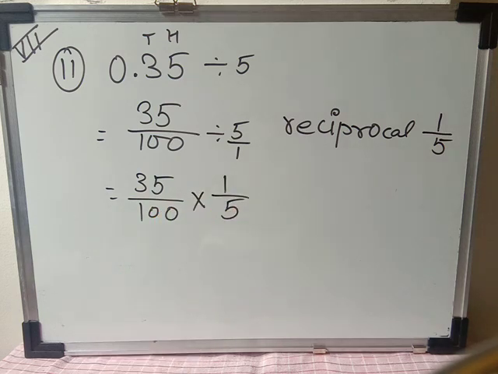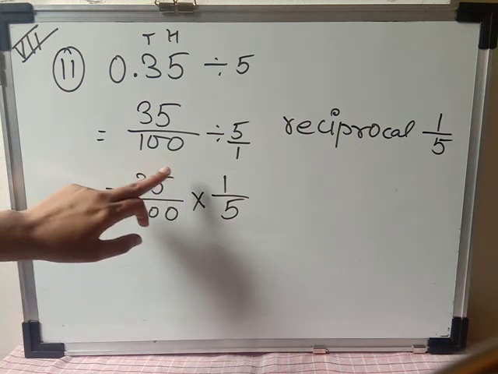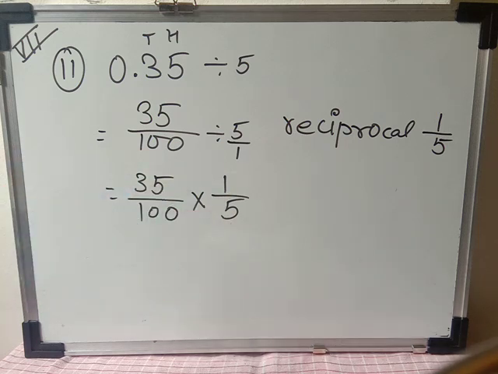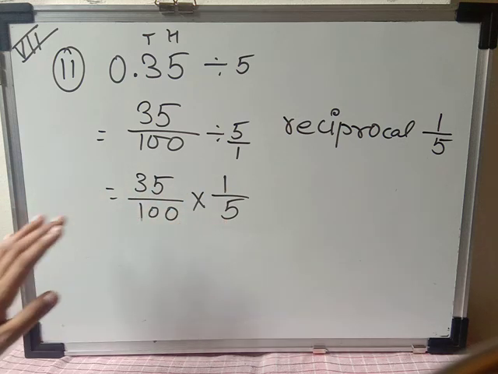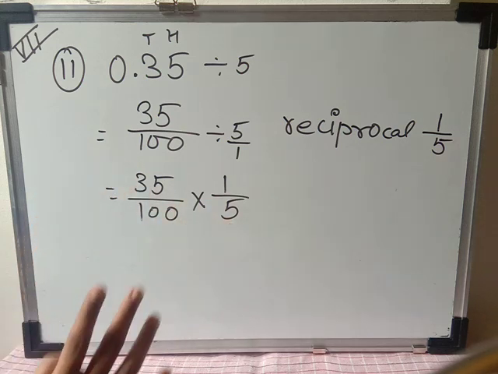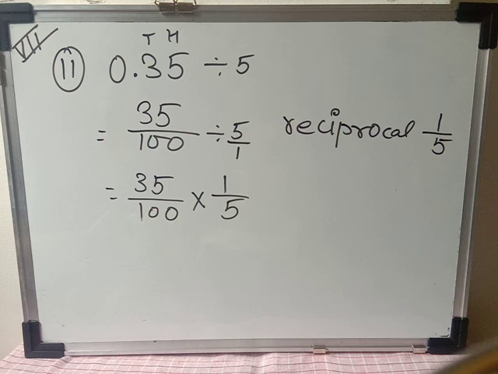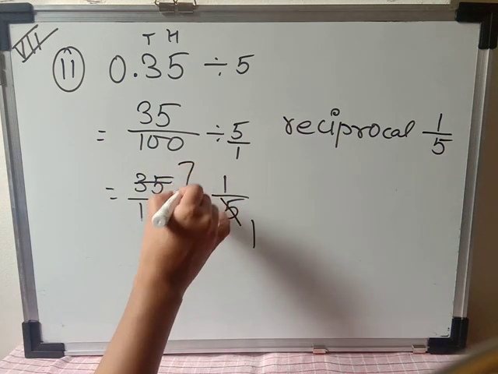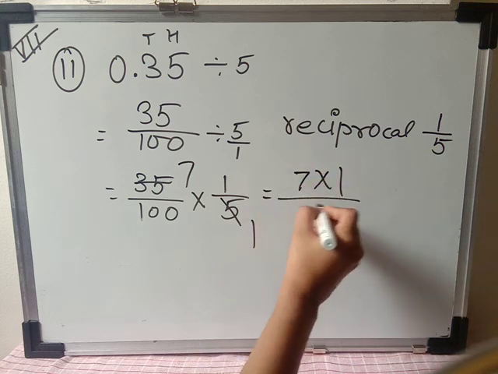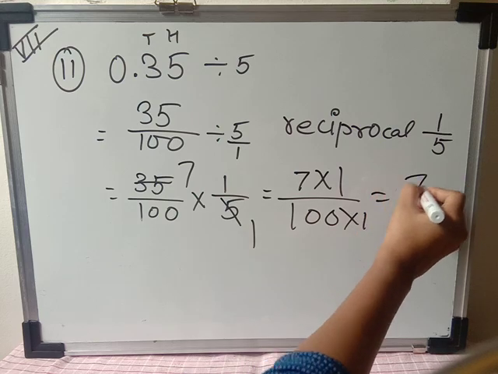Okay, now we can do the multiplication. But before doing multiplication, we have to see whether the numerator and denominators are divisible or not. Okay, so here 100 is also divisible by 5, but we can't divide the 100 with the 5 because both are on the place of denominator. So denominator से divide नहीं होता. Okay, so क्या divide होता है? Numerator और denominator ऐसे place पे चाहिए तभी divide होता है. So here 5 ones are 5 and 5 sevens are 35, and here we got the answer, that is 7 upon 100 multiplied by 1, which is equal to 7 upon 100.